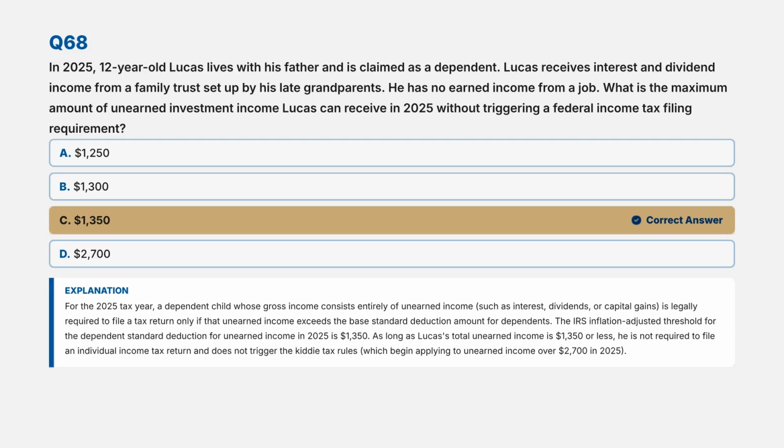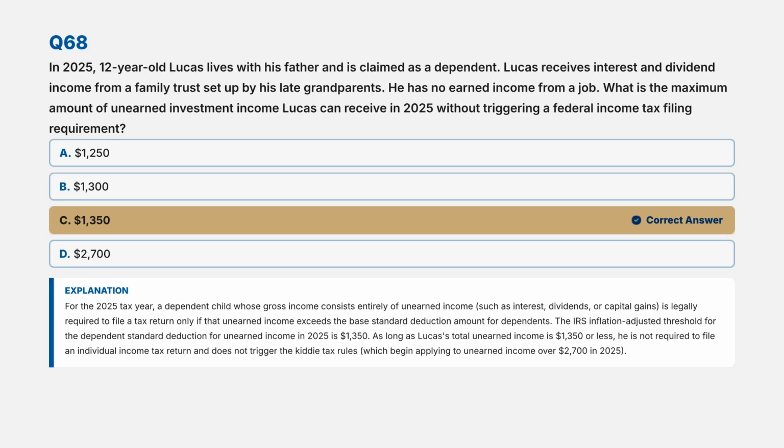$1,350. For the 2025 tax year, a dependent child whose gross income consists entirely of unearned income, such as interest, dividends, or capital gains, is legally required to file a tax return only if that unearned income exceeds the base standard deduction amount for dependents. The IRS inflation adjusted threshold for the dependent standard deduction for unearned income in 2025 is $1,350. As long as Lucas's total unearned income is $1,350 or less,